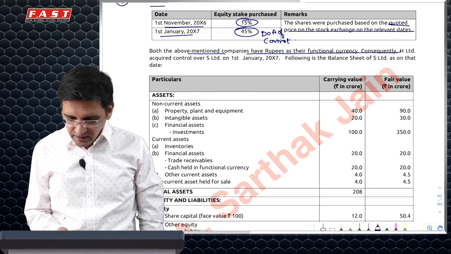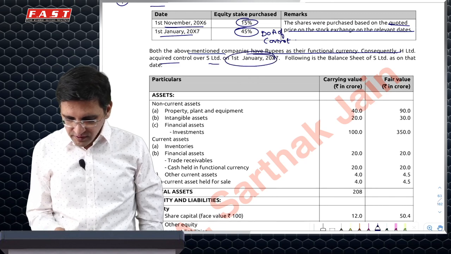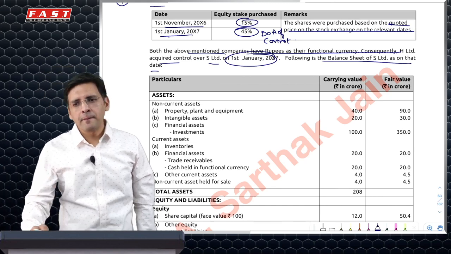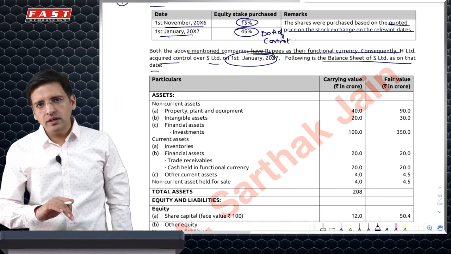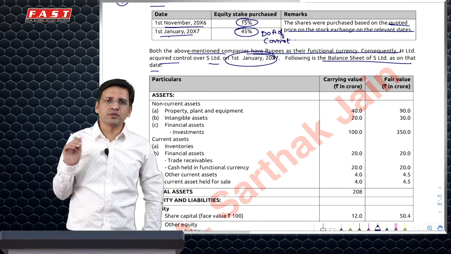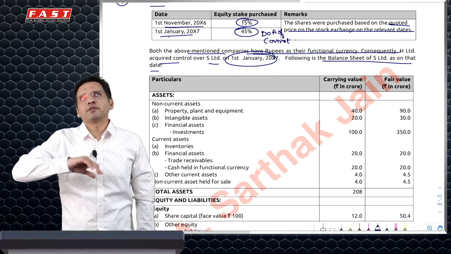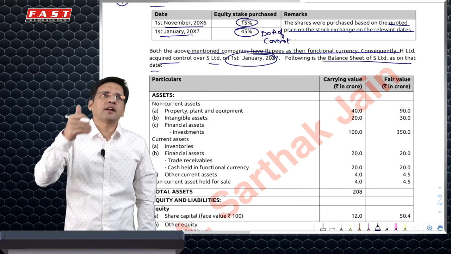Based on the above mentioned companies, rupees are their functional currency. They have acquired control on 1st January, and this is the balance sheet on that date. So same date balance sheet is given to you. Now, it is actually not a question of acquisition of company, but acquisition of shares. So still consolidation applies. But then the question has majority of the adjustments, which we normally study under business combination